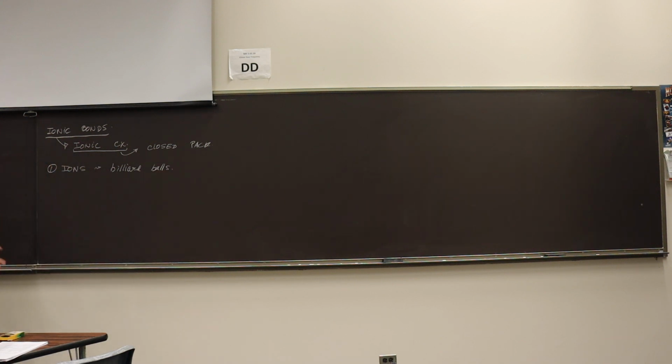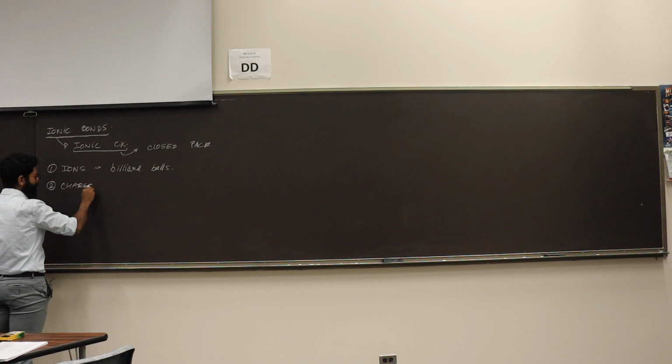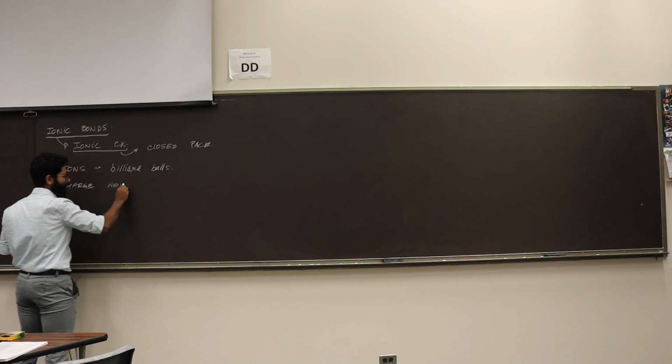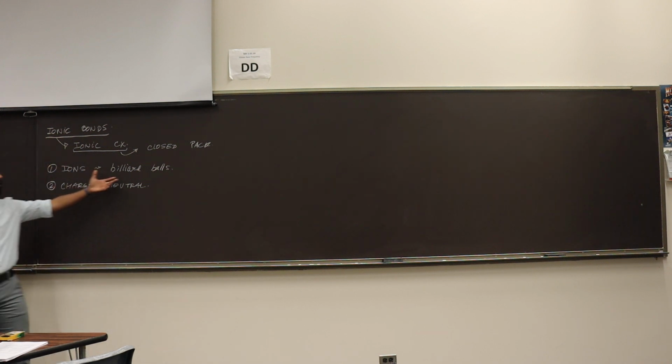Okay, this is an assumption. Let's assume that. And then in that entire lattice, it will be charge neutral. That entire lattice somehow will not be charged. So this will be charge neutral. Okay? Now these billiard balls